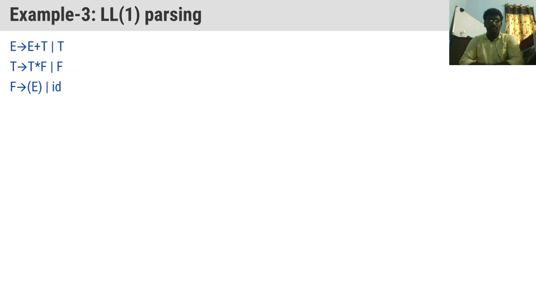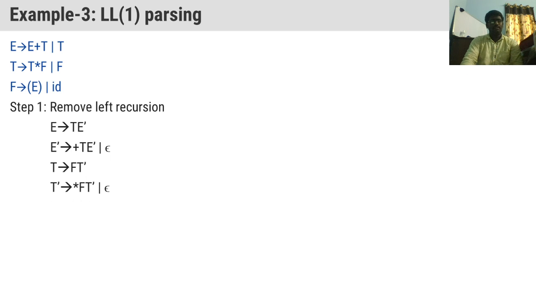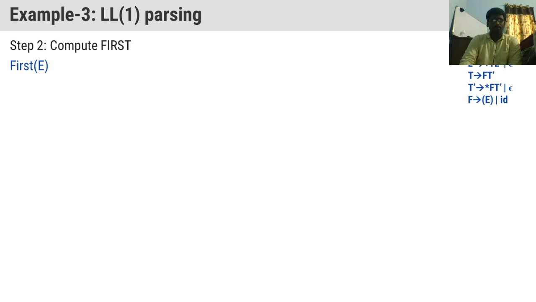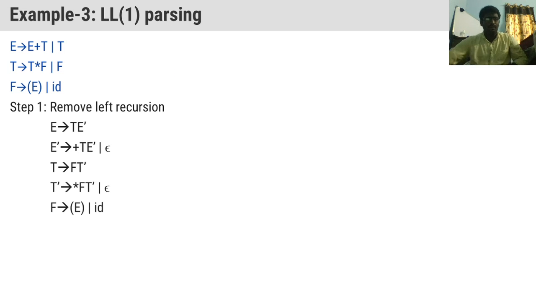If you observe carefully, this is our first step. Anyhow, we will discuss this later. We will focus on how to find out first sets now. First of capital E equal to, after eliminating left recursion and left factoring, the productions became like this. These are the productions we need to consider. Why? Because I told you, if the productions are left recursive or in left factoring, we should not find out the first sets and follow sets.